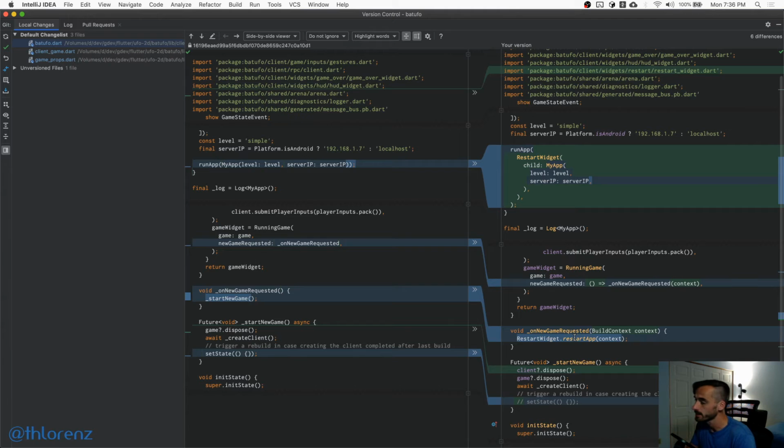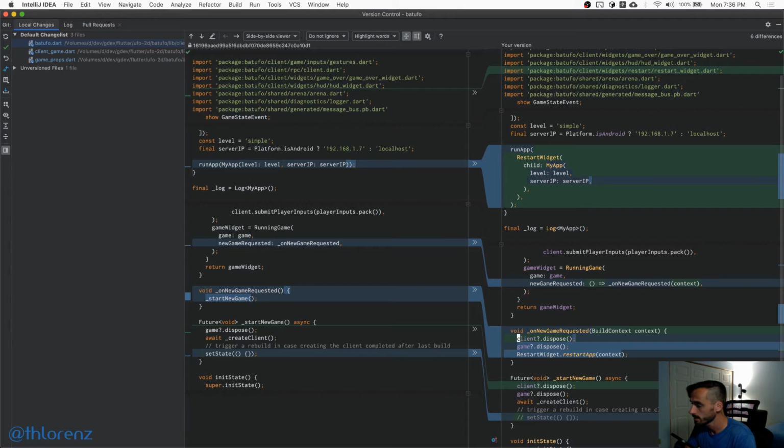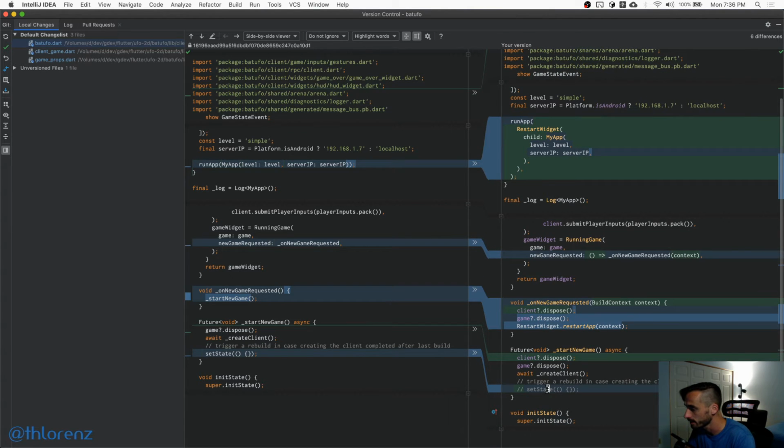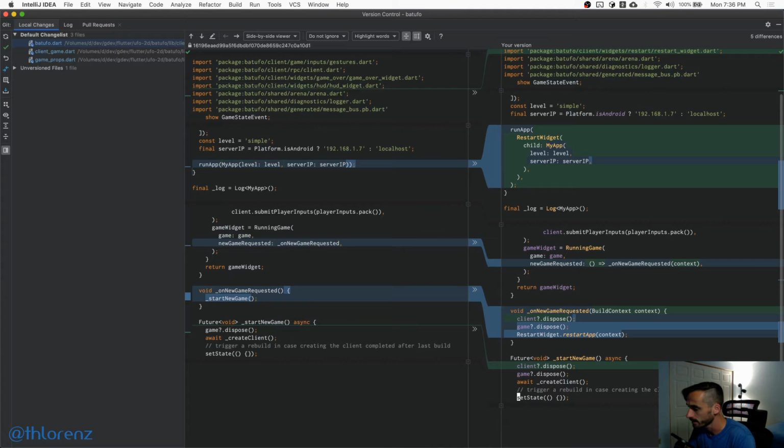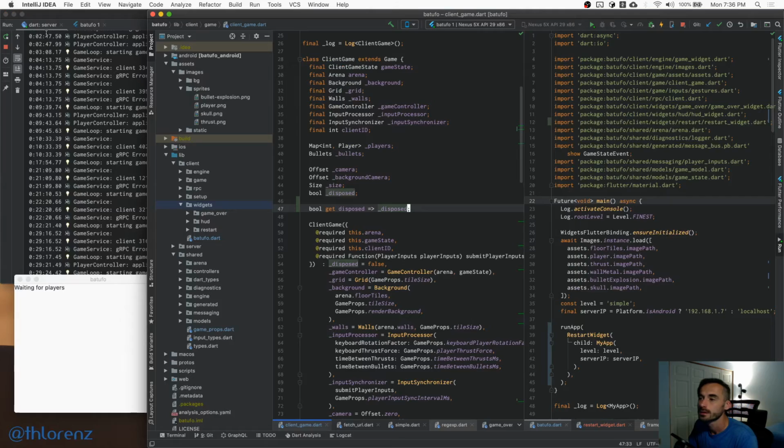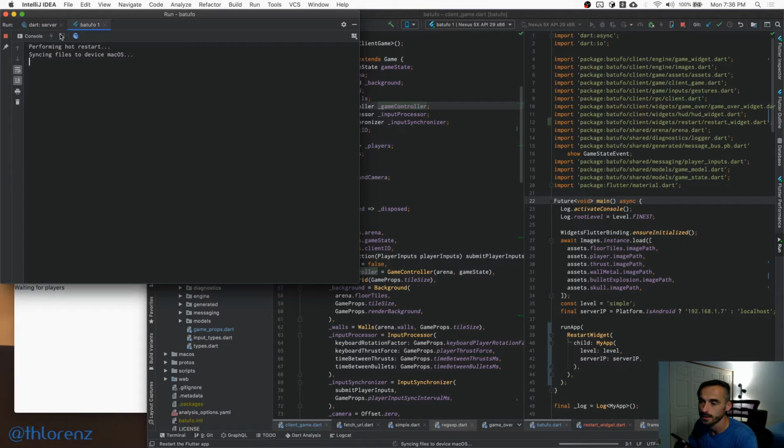I mean, we still might have to dispose things, just to be nice. I don't think it will really make a difference because all these things disappear. But we might get ourselves a leak. Well, the stream builder would disappear, right? So it would actually be clean. But let's just do it this way. Let's set state here again. Okay. So let's, if we hard restart this guy,